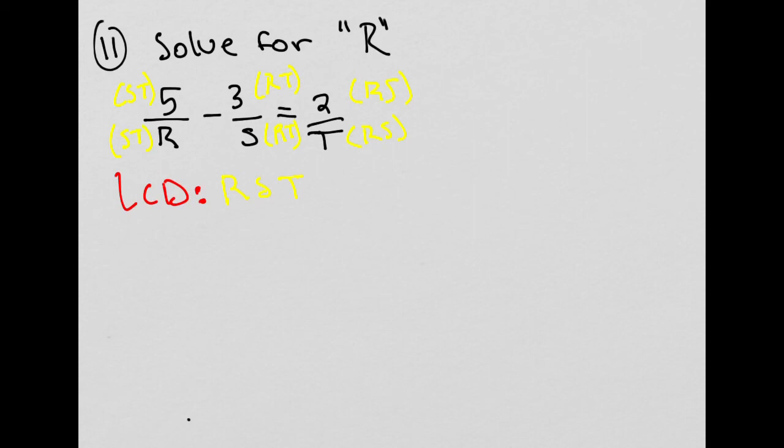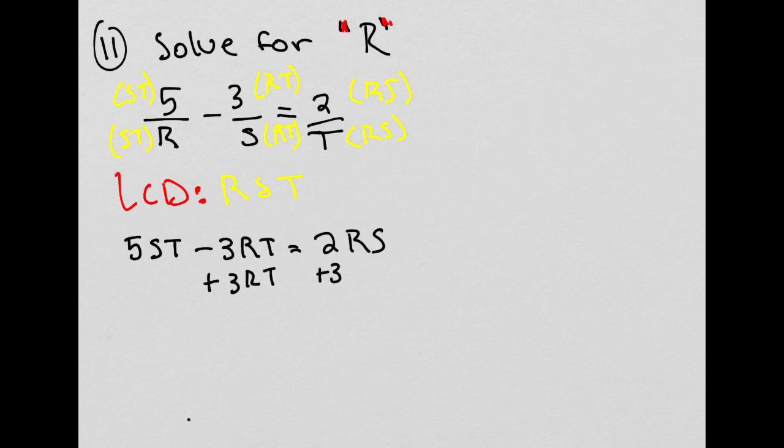Okay. So now we're going to go ahead and multiply. So we have 5ST minus 3RT equals 2RS. And we're not going to write the denominators because once all denominators are the same, we can go ahead and cancel that. So we are solving for R. So we need to have the r's in the same side of the equal sign. So what we're going to do here, we're going to go ahead and add 3RT. Okay. This is going to cancel, so we're left with 5ST equals